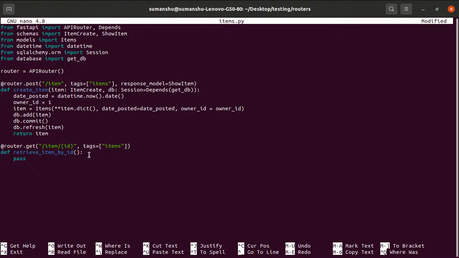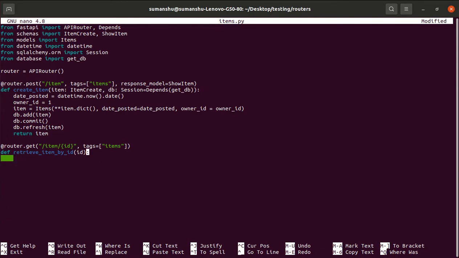Now within the function we will accept that particular ID. Whatever ID we are passing, we will accept. And we know we are using the Pydantic approach, so we will say ID is basically an integer. We are explicitly mentioning that whatever ID the user enters should be an integer. Let's suppose I do not use the Pydantic schema.